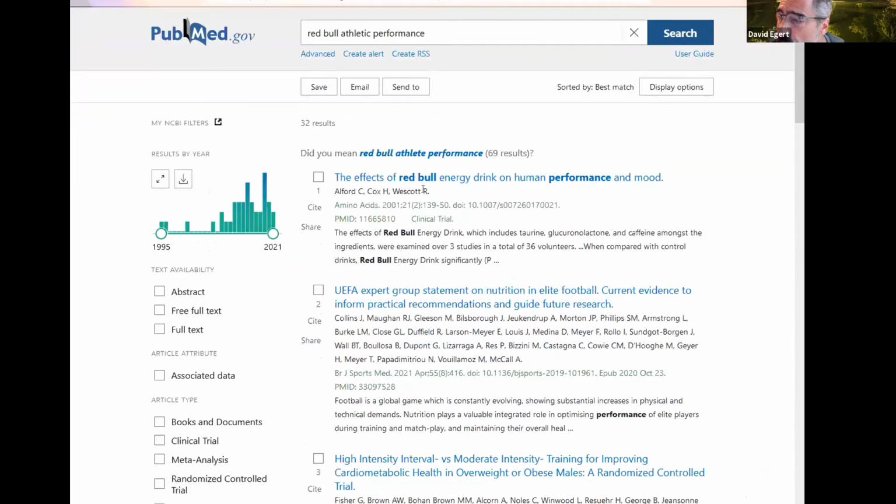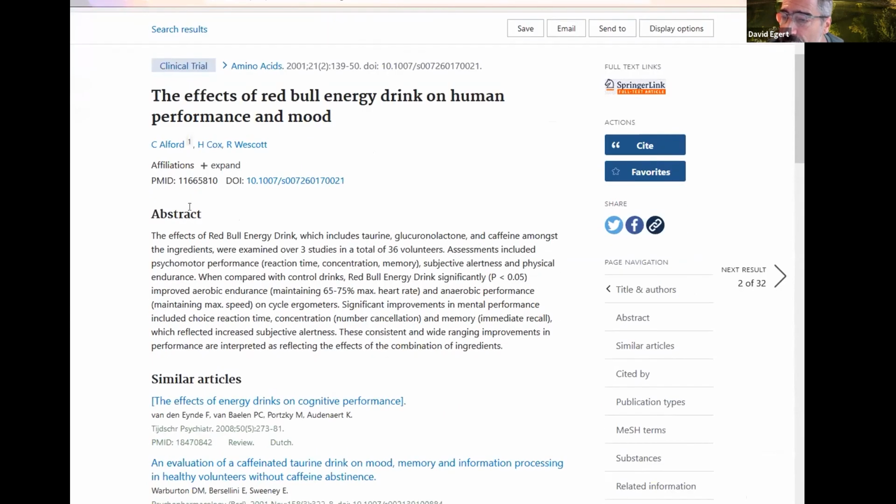Once you do, you can click on the title and that will take you to the abstract. The abstracts are your friend. The abstract is the paper in a nutshell. It's basically, what did they do? How did they do it? What did they find? Instead of reading a big, complicated scientific paper, you can get the gist of it